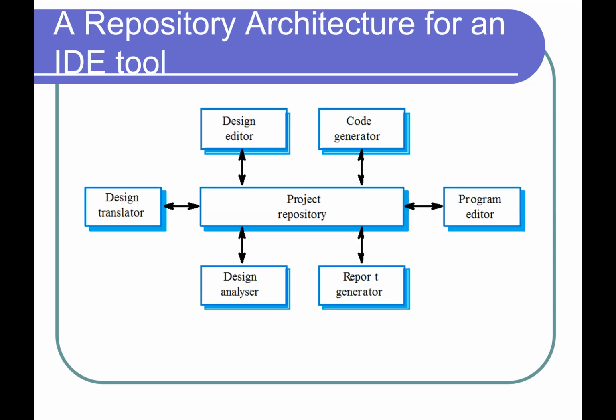If you have an IDE tool like the ones you're using to build your code, there are a lot of processes running that are looking at the code. So you have the repository in the middle, then you have the thing that actually shows the code, lexical analyzers, things that create models for it, XML, all of them. They're all thinking and they're all looking at one piece of information, which is the text that you've written, and they're all using it. You don't want each one of these processes to have its own version.